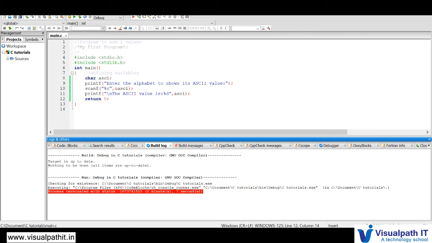This is a very common question asked from any fresher in the interviews, to print the ASCII value of any integer or any value. So it's a very straightforward code. You need to just print with the percent d specifier, you can print that character and it will be showing you the output. Okay,